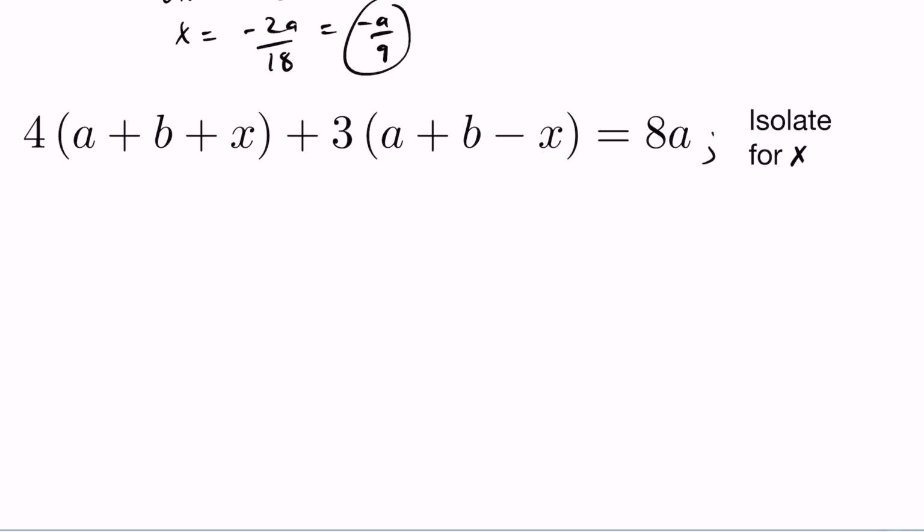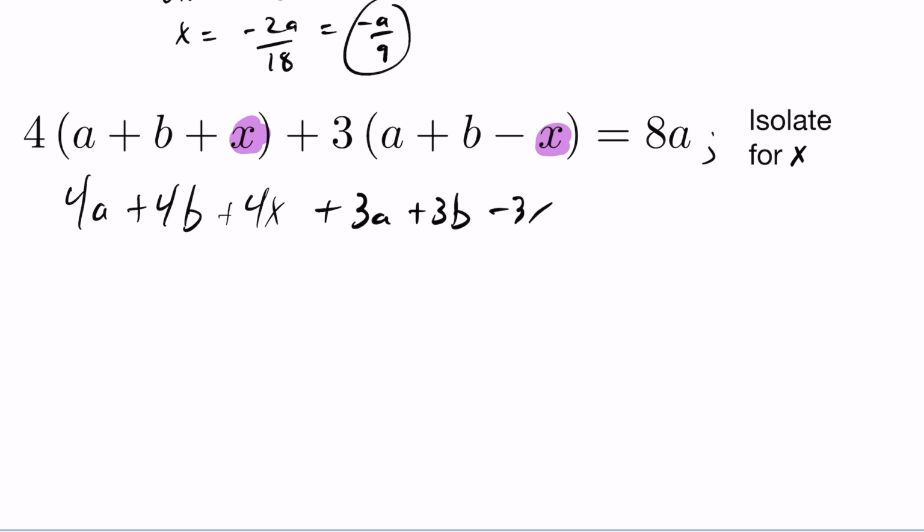Let's take a look at our final problem here. For this one, same idea. We want to get these x values, and I want to solve for x. So I'm going to distribute the 4 into this here. It's going to give us 4a plus 4b plus 4x plus 3a plus 3b minus 3x is 8a. I want to collect like terms here. So I can collect up the a's, the b's, and the x's, in which case this gives me